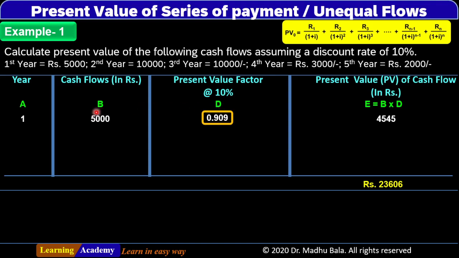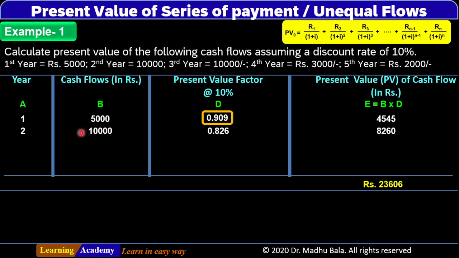10% rate of interest और first year की corresponding value. यहाँ पे fifth year की value नहीं देखनी है आपको, first year की देखनी है, because हम हर एक cash flow की present value अलग अलग calculate कर रहे हैं क्योंकि ये unequal cash flows हैं। तो value will be 4545 because cash flow 5000 को हमने multiply किया present value interest factor 0.909 से।